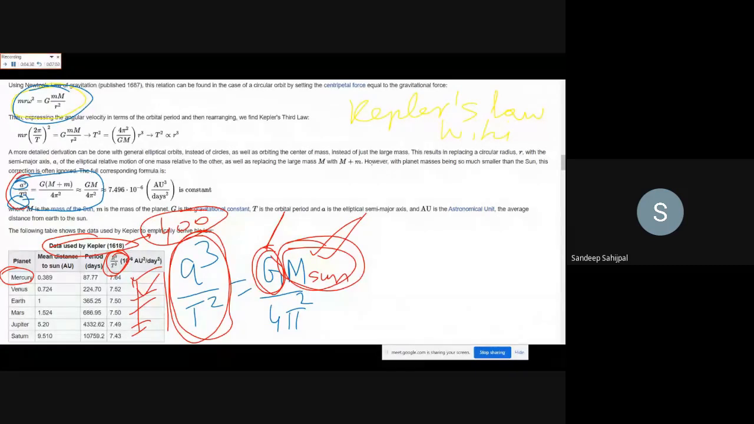अब हमारी प्रॉब्लम में व्हाट वी हैव हियर इज दैट वी हैव द मास ऑफ जुपिटर, दैट इज व्हाट वी